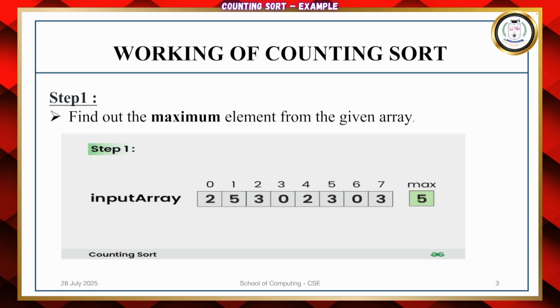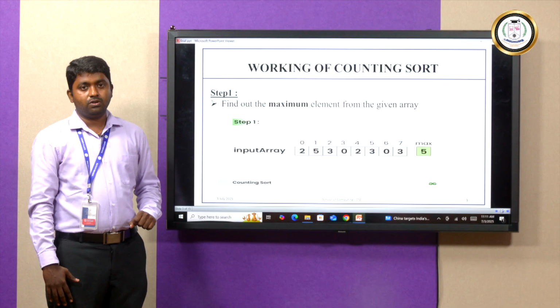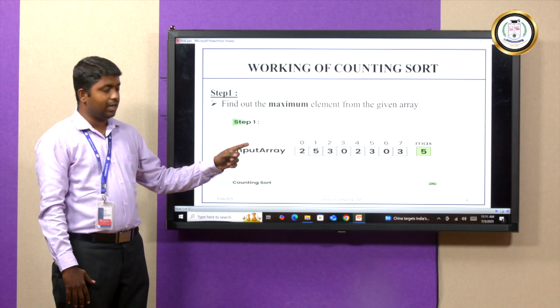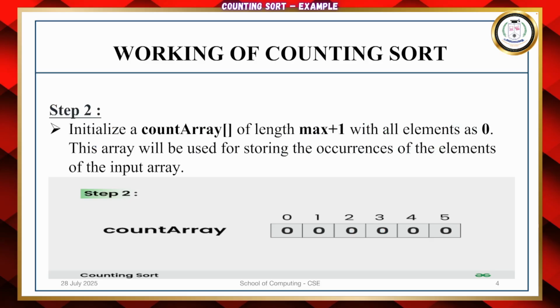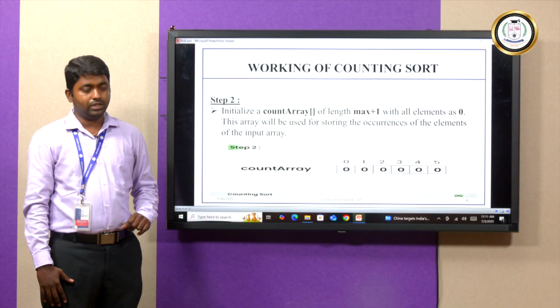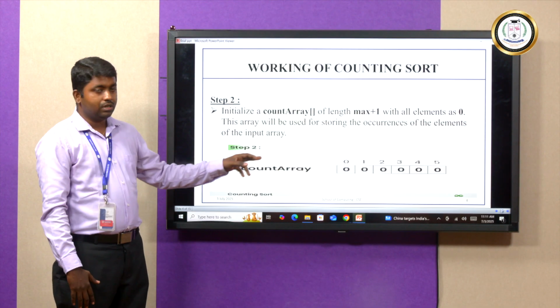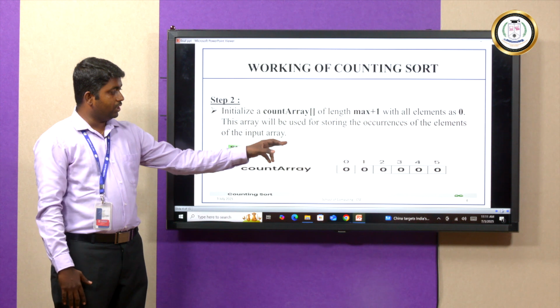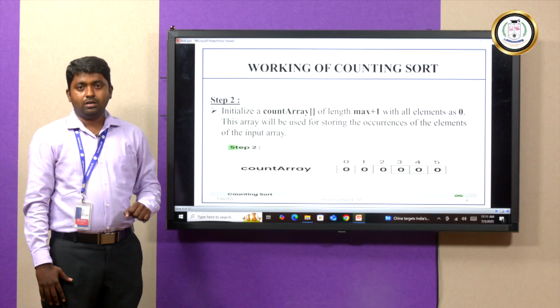The input elements are 2, 5, 3, 0, 2, 3, 0, 3. In the first step, we find the maximum element. In the input array, the maximum element is 5. In step 2, we create the counting array. The formula for the counting array size is max plus 1. Here max is 5, so 5 plus 1 is 6. So the count array will have indices 0, 1, 2, 3, 4, 5,